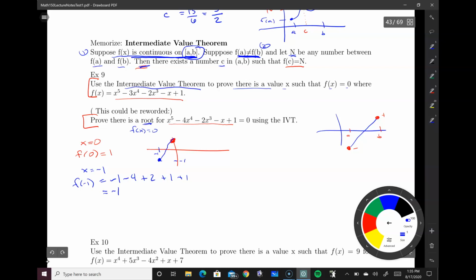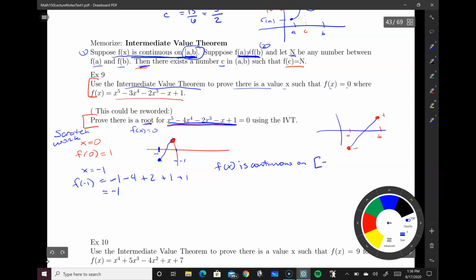I've found a closed interval. So you have to do a little bit of scratch work on the side here, right? This isn't my proof. I have to use the intermediate value theorem. So kind of like the squeeze theorem, you kind of have to write it up. Okay, so what I can say now is that this function is a polynomial, so it's always continuous. This function is continuous